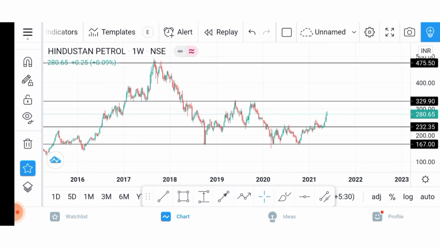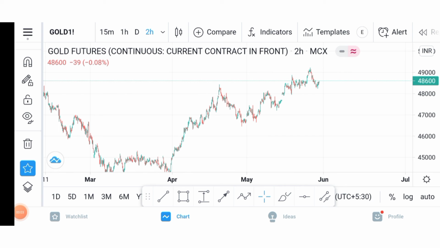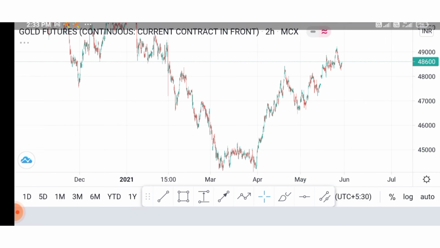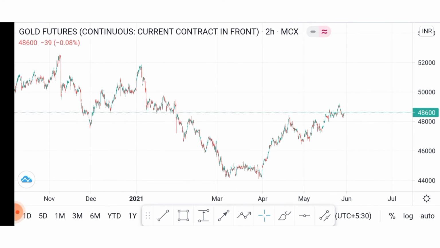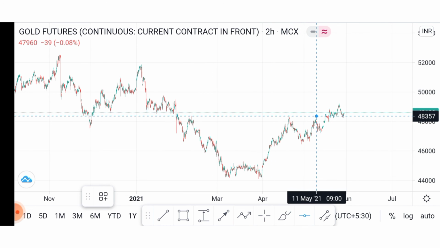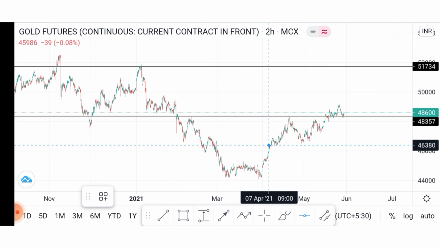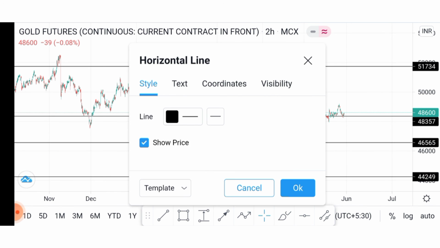Let's go to the gold market now on a lower time frame, like the 2 hour time frame or 4 hour time frame. Okay, same concept. Let's go to the 2 hour time frame. Reset your chart. Zoom out. Let's make it full. Zoom out. Rule number 2, mark the most obvious level. Over here, I can see this area and this area.